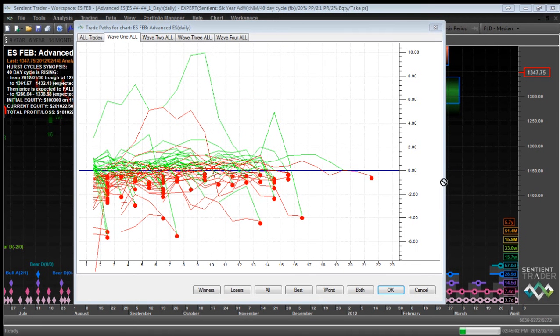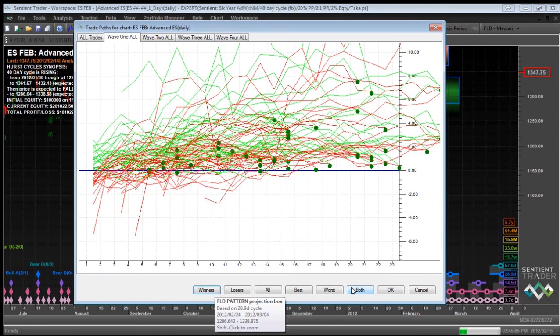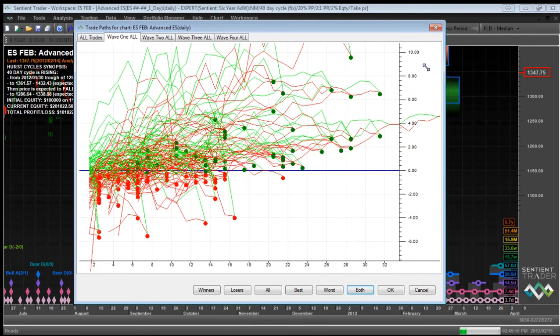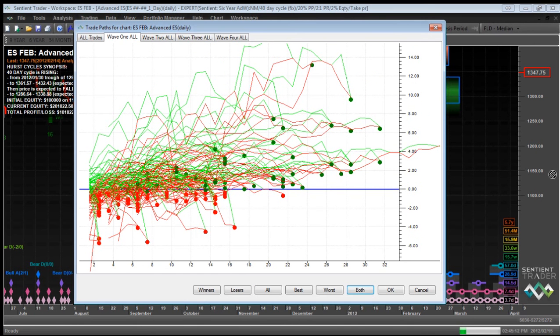If the trade path of your trade looks like the trade path of a losing trade, then you get out. If the trade path of your trade is the trade path of a winning trade, then you make sure that it doesn't turn into the trade path of a losing trade, and we'll speak in a moment about how to do that. Okay, so I hope this is all making sense. Let me answer some questions, and no doubt that will help it make more sense.